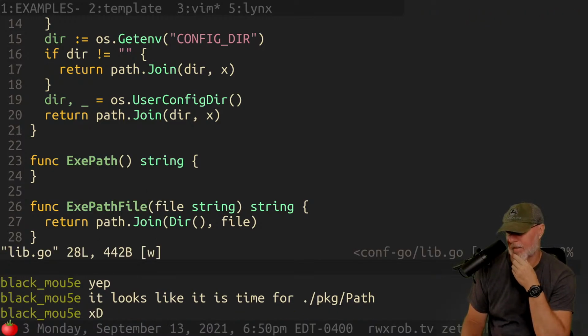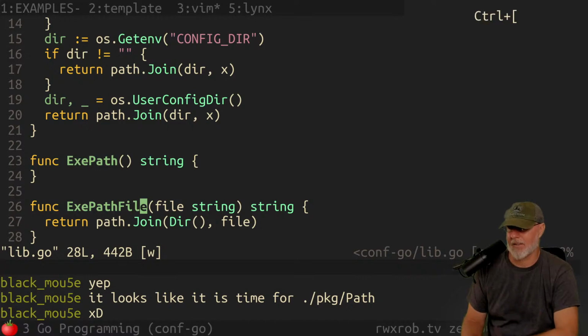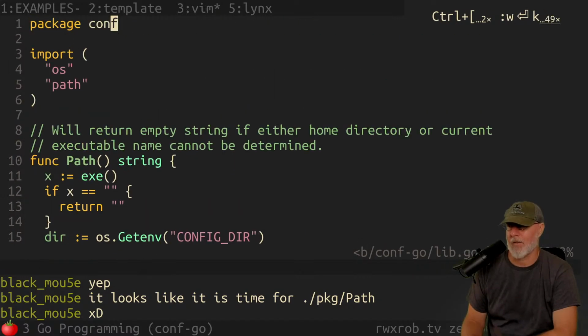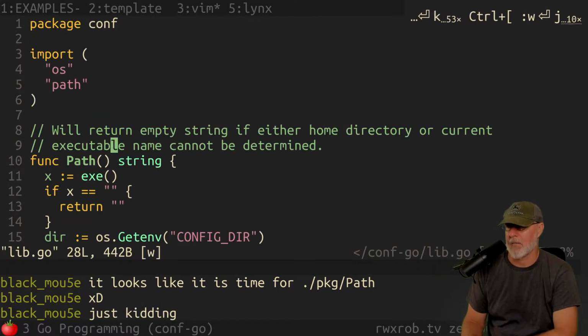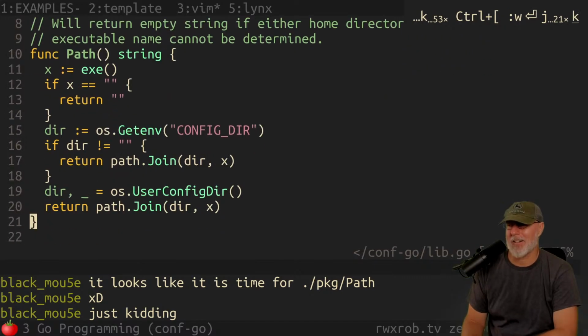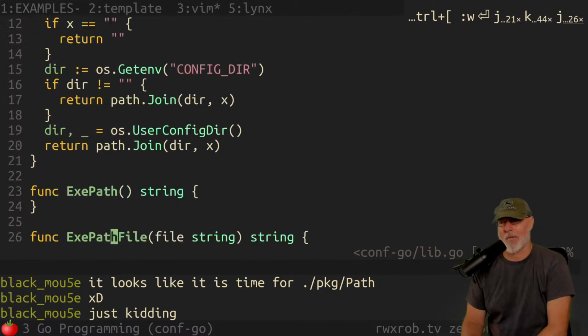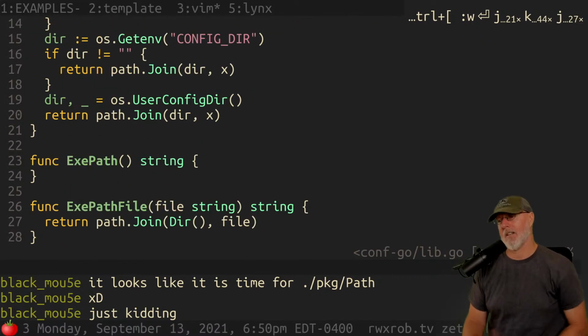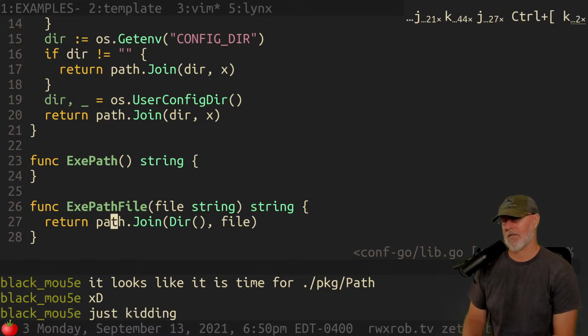Package path. No, hell no. I would never do that. I don't like sub packages. Because I want to be able to import it, so conf.path is fine. Conf.exe path.